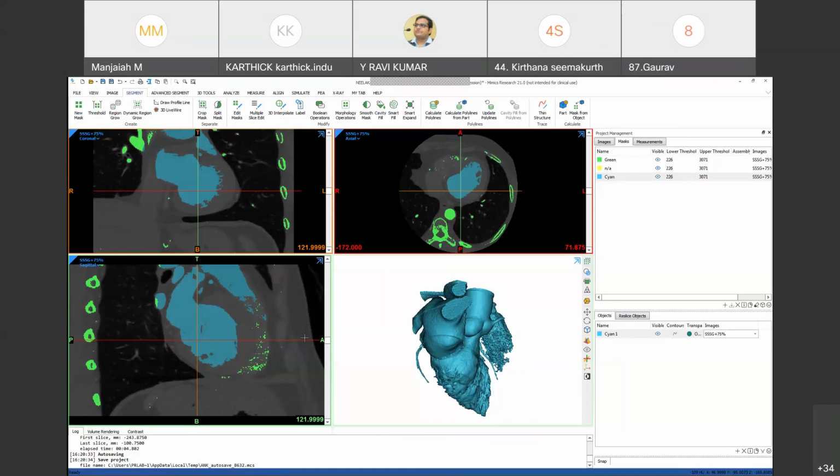So we have a problem here. If you want to do any analysis, we can do it here. The FEA tools are available in the Mimics software tab.